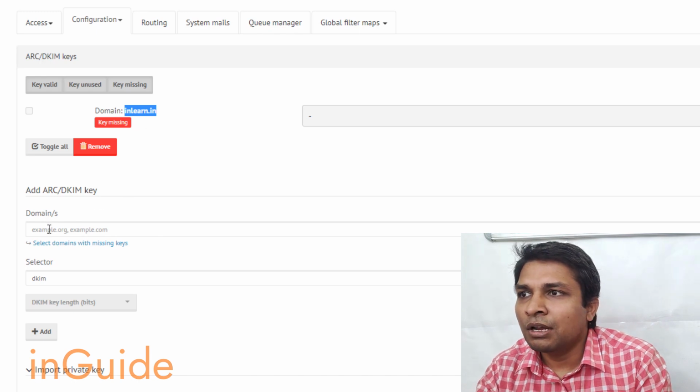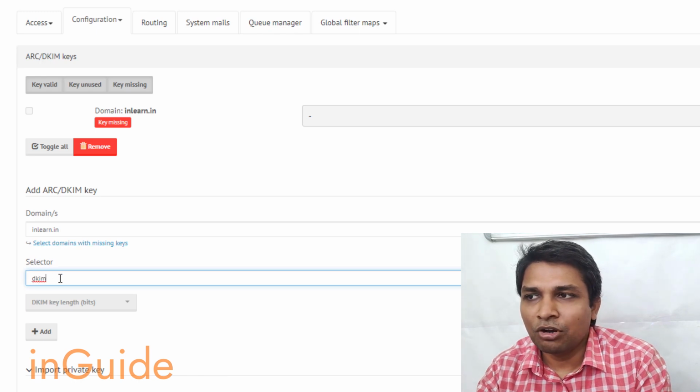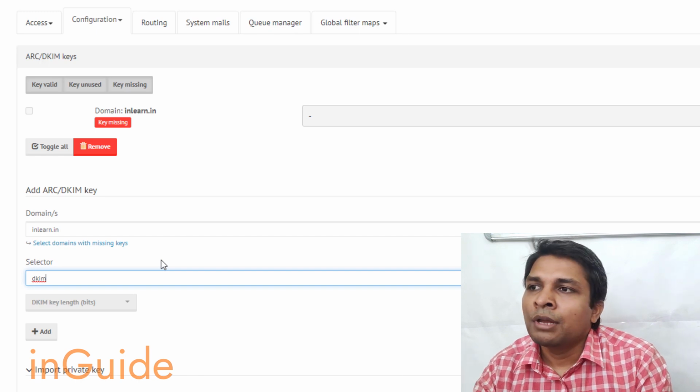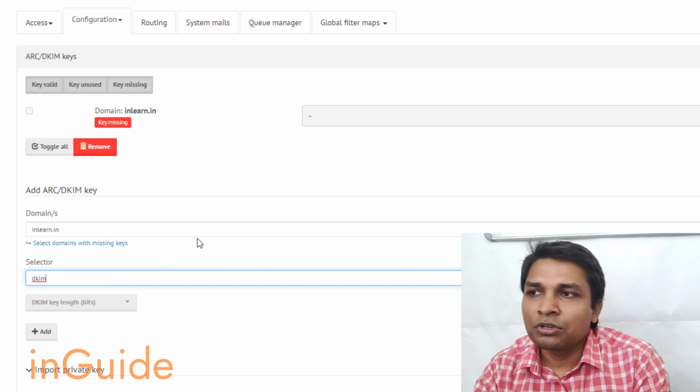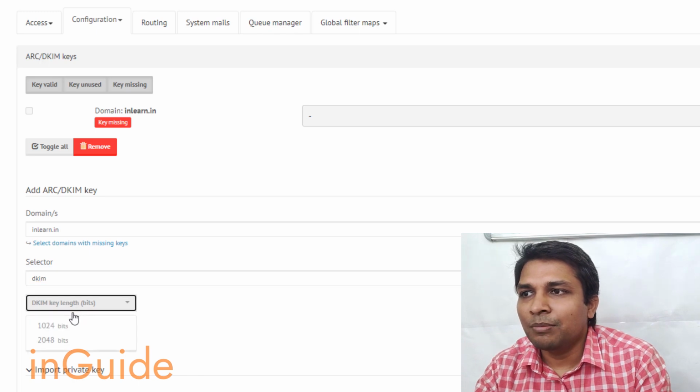So I'll click on select domains with missing keys, and it will automatically fetch my domain name. Next is the selector, whether you want to continue with dkim or add your own selector. I am just going to continue with dkim, and then for the DKIM key length, you can select either 1024 or 2048.